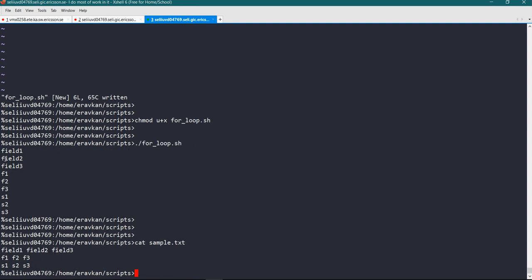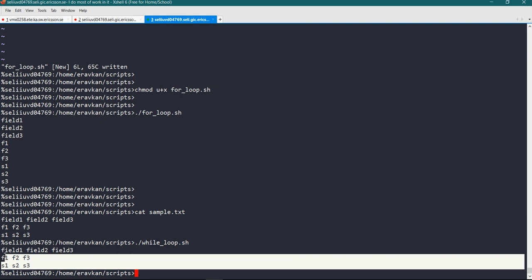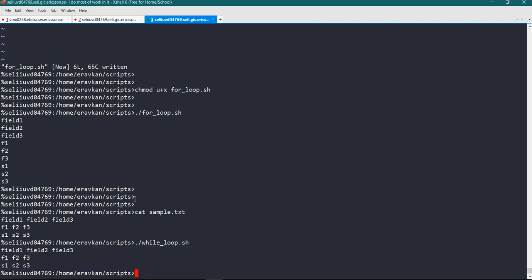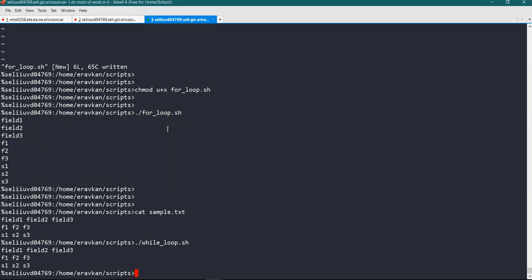By using for loop, it is treating every field of the line as a new line. But when I was using the while loop, it was reading it line by line. So while loop is much better when you want to read a file, because by using for loop you will not be able to read the file line by line.